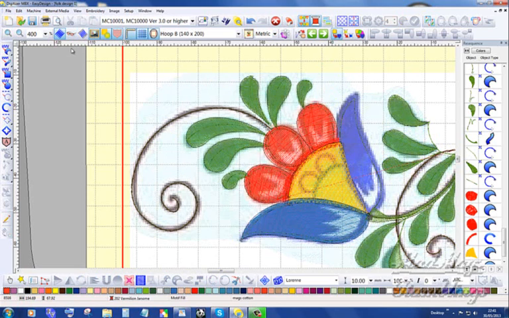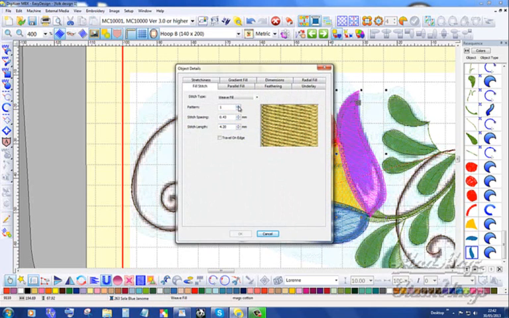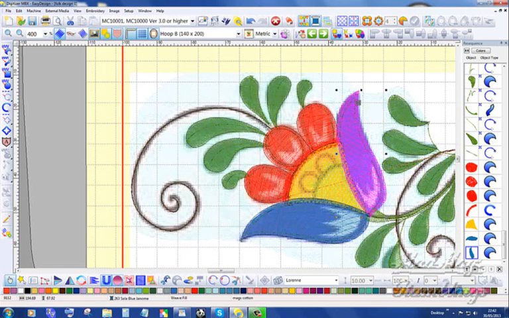I take off the stitch simulator, pick up my tool, pick up my colour, and start laying my nodes. And bring that one back to meet the first one. Then go into object details, 2, 3, 4. OK. Put the Florentine on, turn the visualizer on,